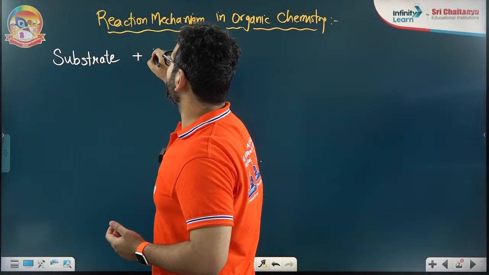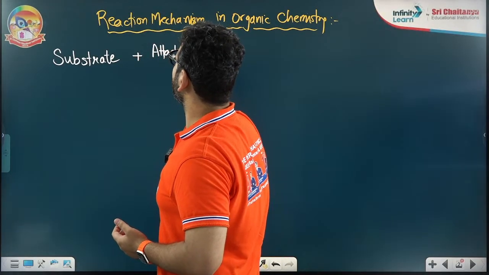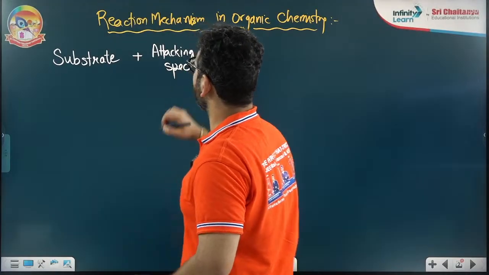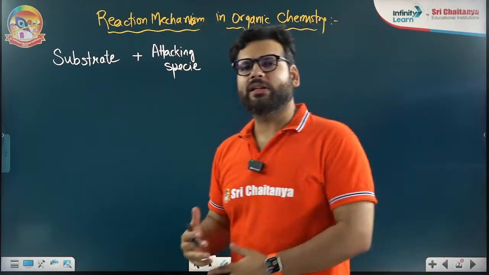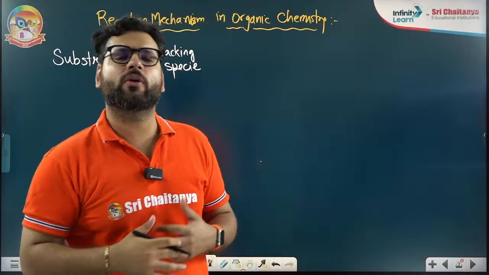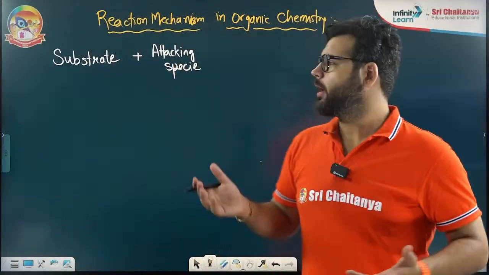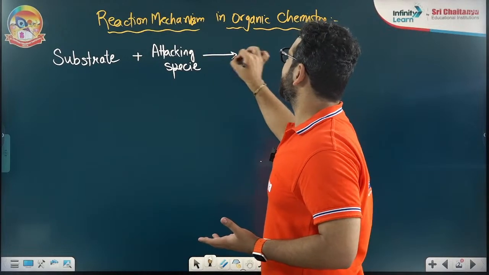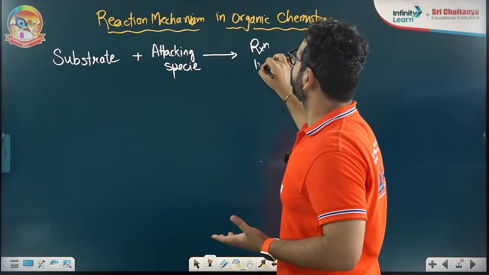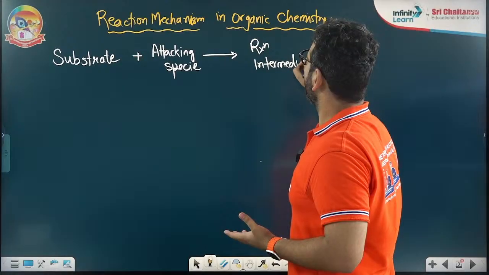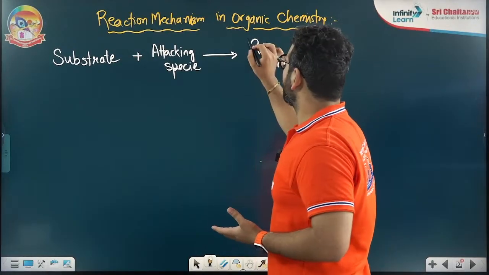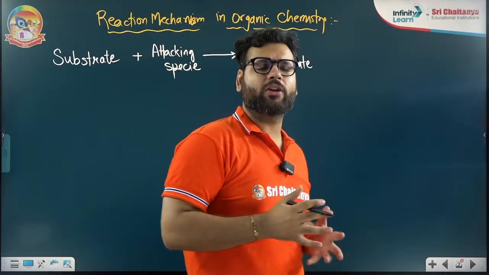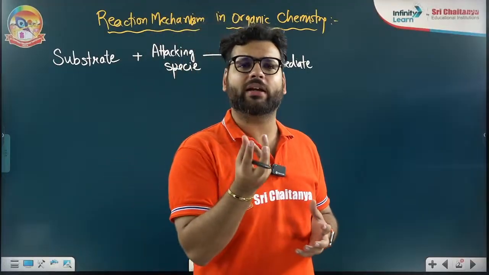On the substrate, an attacking species comes and attacks. All of you know this. When the attacking species attacks on the substrate, some old bonds of the substrate will break. And after breaking the old bonds, there is a possibility that a reaction intermediate will form. Reaction intermediate is a kind of unstable state, which is